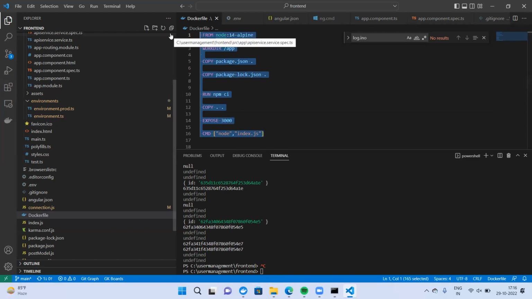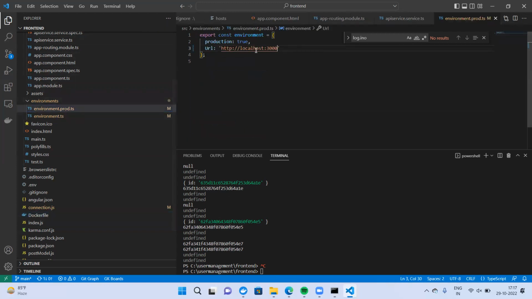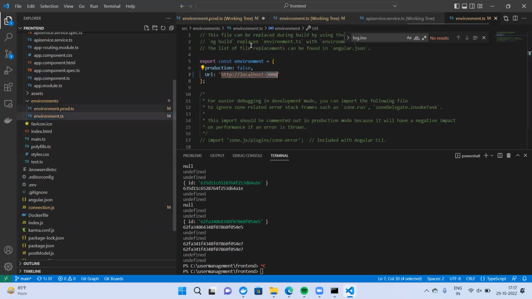But there is something we need to do. So all the things are fine. What exactly we need to do is, see here, 3000, which is already given. So already we know that we are going to expose 3000 in the Docker file, right? So we don't need that. Docker will listen on its own port. Okay, so we don't need this, so we need to remove this. Okay, so fine. Now I'm going to